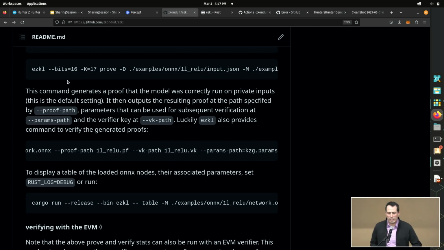Yeah, so the question was, I can't repeat the question. But let me rephrase: what we're doing is we're using an ONNX file, a Python model, as a spec for a zero-knowledge proof, as a description, as a high-level language, and then we're compiling that spec into a circuit and running the circuit. I don't know if that helps.